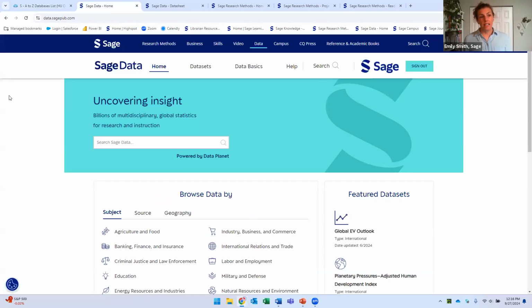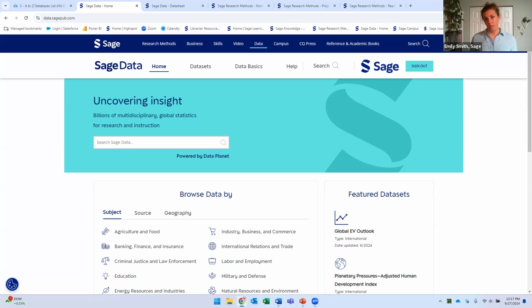So we're going to start today in SAGE Data, which is one of those resources that you are trialing, available to you through October 11th. You have access to this database through the library. Just to give you a little sense of what this resource is: it provides access to billions of data sets. It's really a platform that's going to save you a lot of time and effort in your search for data for your research. What it does is consolidate over 550 US and international databases into